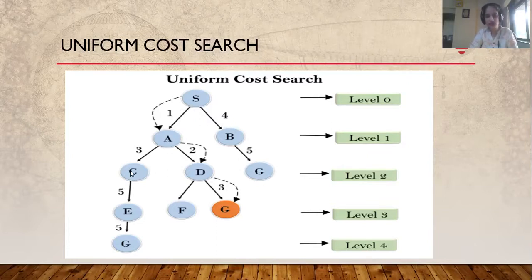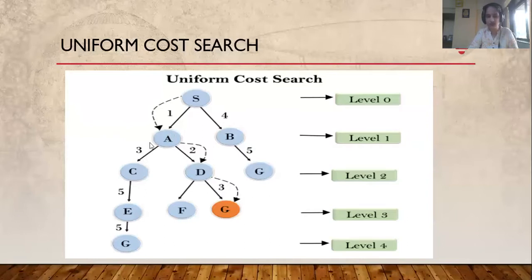Then from A to 3, the cost involved is 3, and from A to 2, the cost involved is 2, okay. Something like that. And in this diagram it is told that G is nothing but the goal state. Then the traversal is shown: from S it will first select 1,